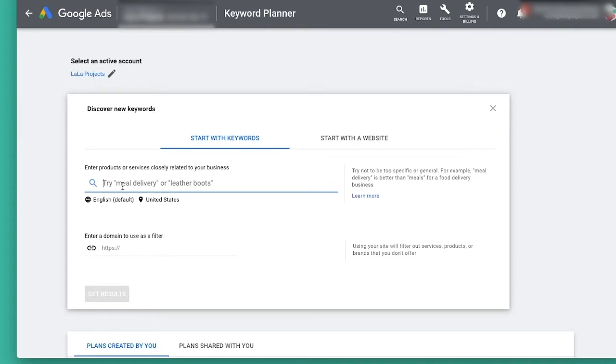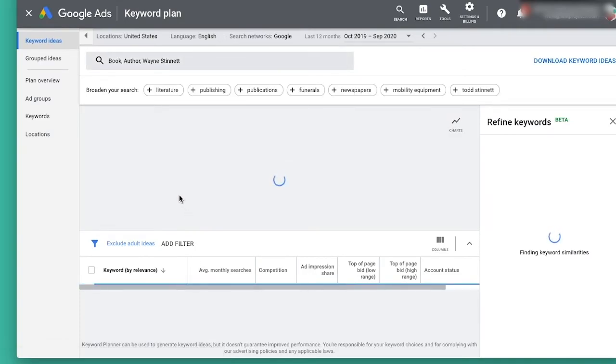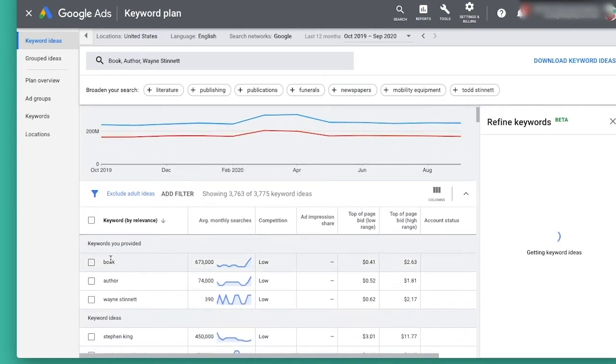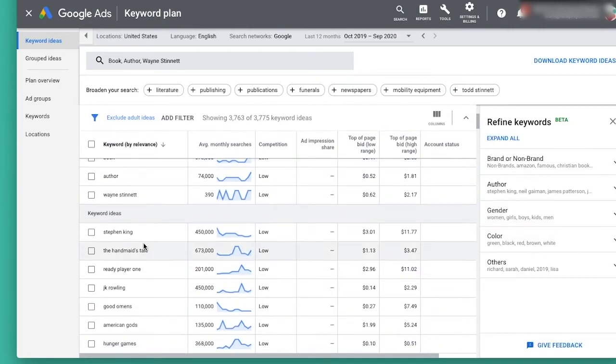So you type in a few keywords that you're interested in. I think you can type up to 10. So 2 broad search terms and a narrow search term, get results. And the thing that's really interesting about this is that it provides you with the things that you were searching for, but it also provides you with other keywords that they think might be related